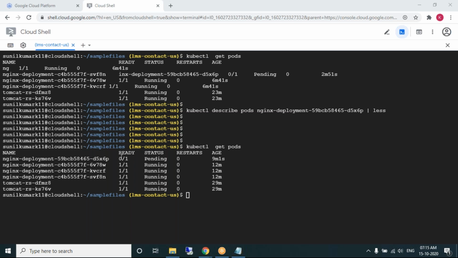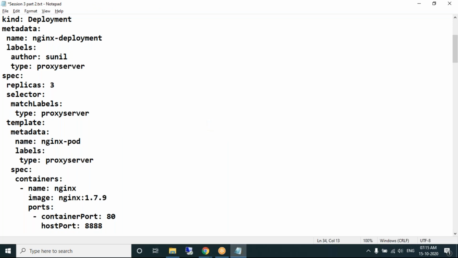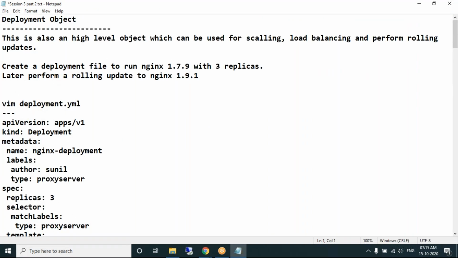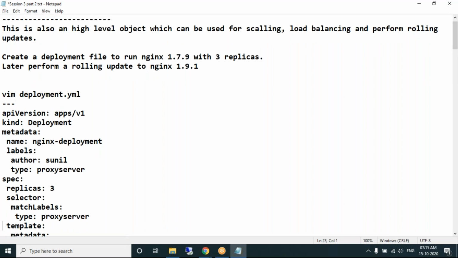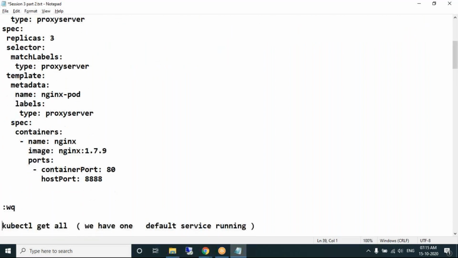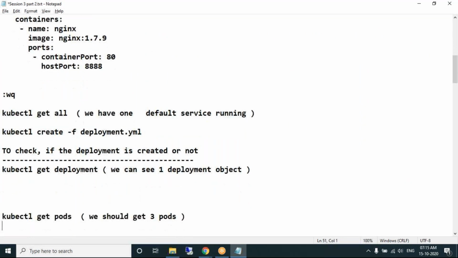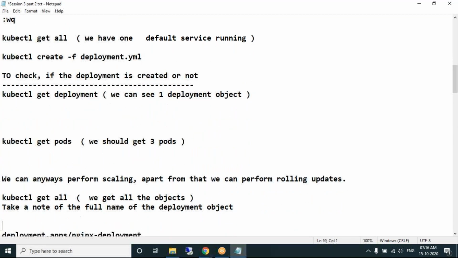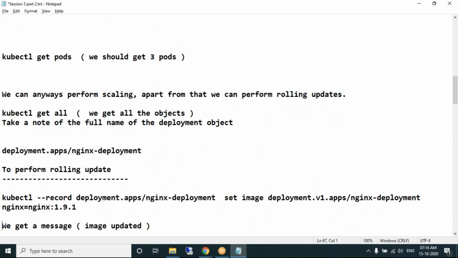And the second thing, can you go back to the notes, please? For scaling. Yeah, V1, right there, to perform the rolling update.